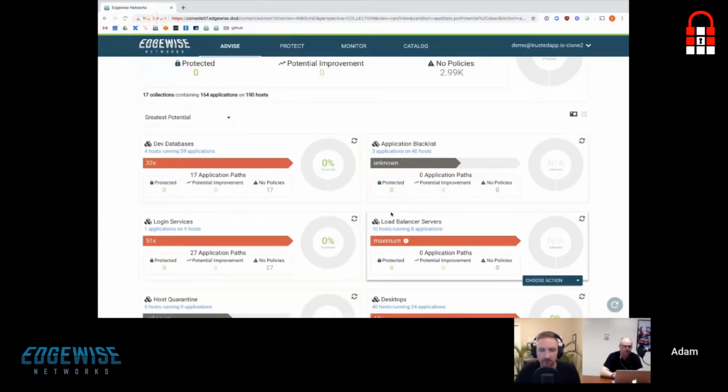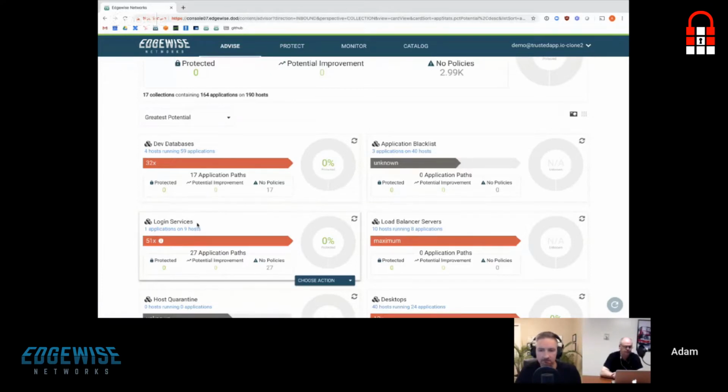I have an example of that here with our login services. We have our login servers or hosts that can have things like, if it's Windows, RDP, your LSASS process to talk to your Active Directory, any type of printing services, all of these different things running on this host, these individual executables that communicate on the network.